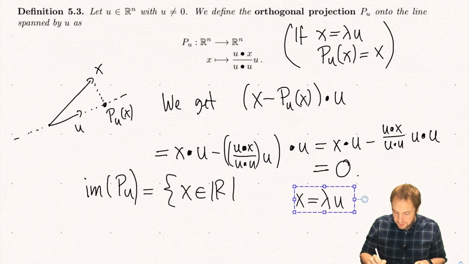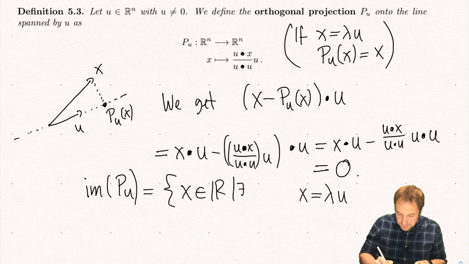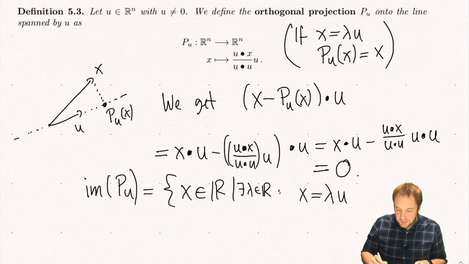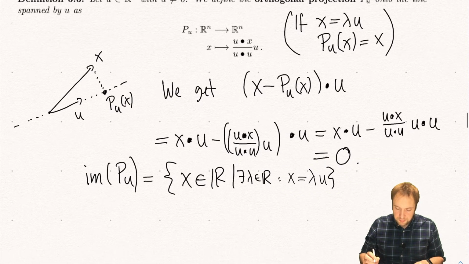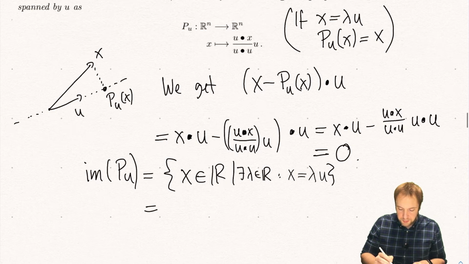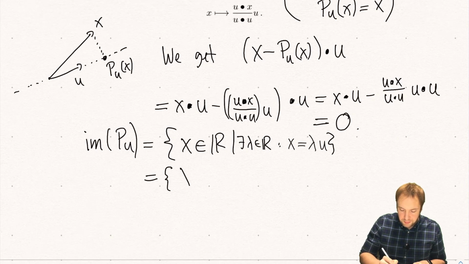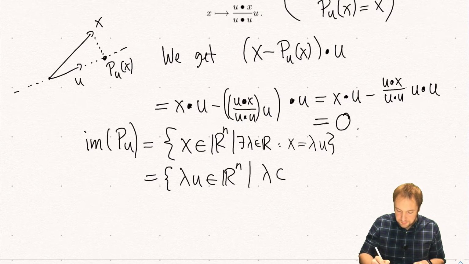Or maybe one should say there exists a lambda in R such that this x is just given by lambda times u. Another way of writing this, we could also say these are all multiples,